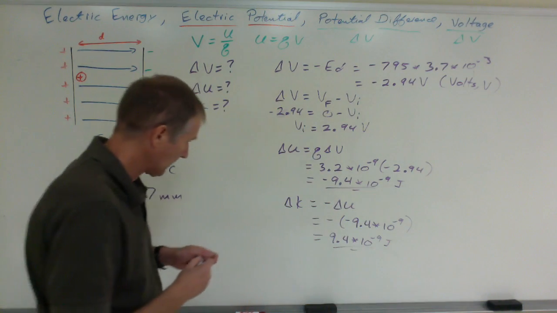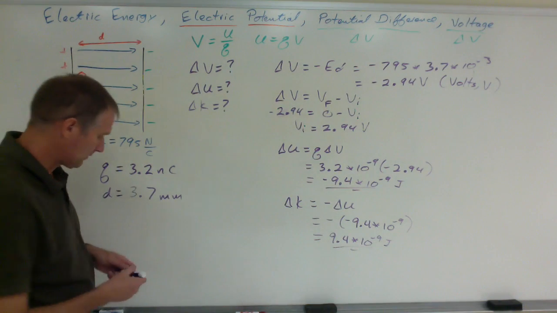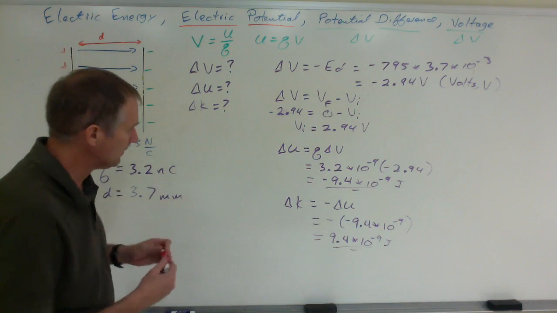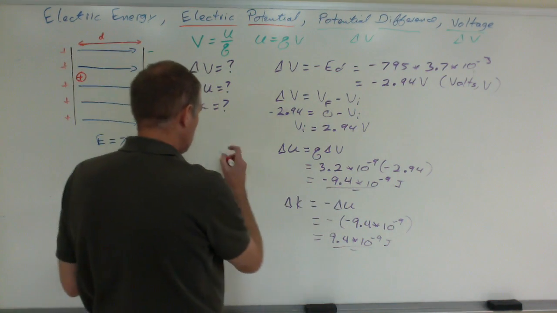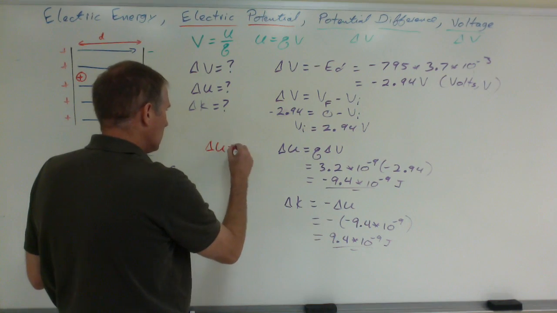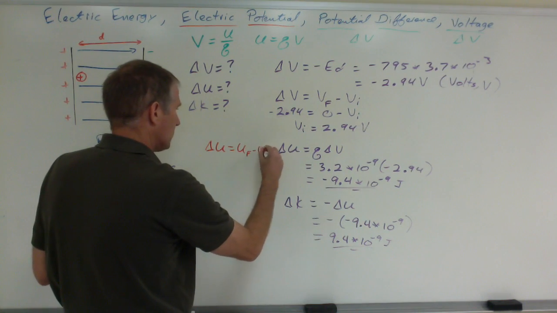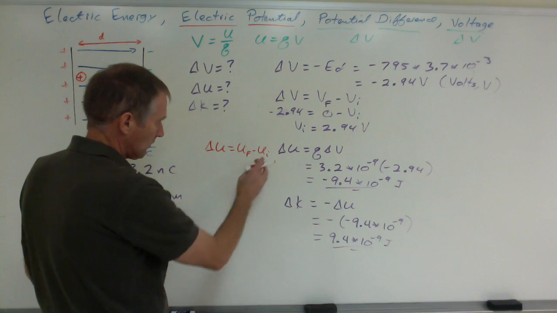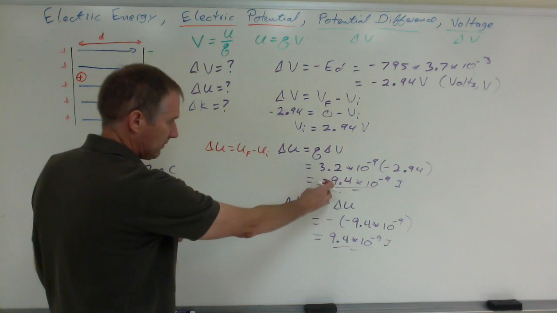Okay? Again, if I ever asked you to find just the initial potential energy, just remember that delta U is final minus initial, and the final is 0. And so the initial would be positive